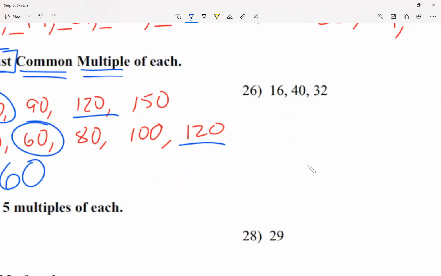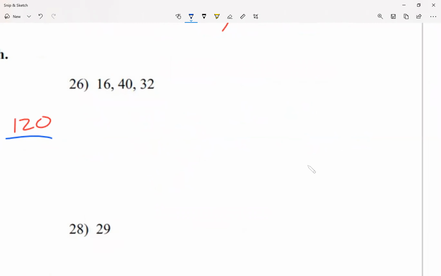All right, let's take a look at number 26. Now I have three numbers. Let me find some multiples of 16. I'm just going to start with 16, and then 32. I either go 16 times 1, 16 times 2, or I start with 16, and each time I add 16 more. So I'm just going to go 48,